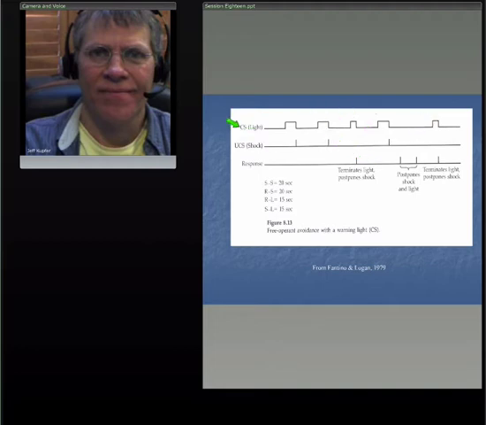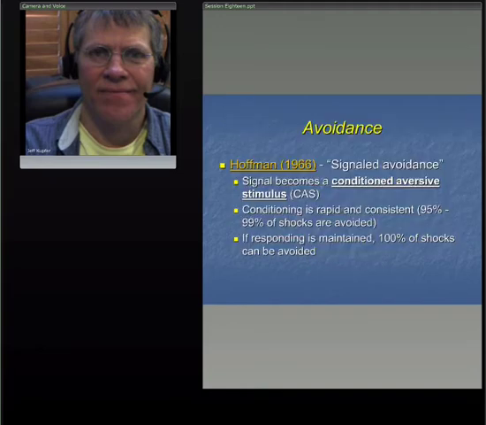So let's go back and describe again. The signal, the light, becomes a conditioned aversive stimulus, and in this particular pairing arrangement, conditioning is usually rapid and consistent, and usually 95 to 99% of the shocks are usually avoided. Rats pick up and do this pretty well, and they learn it pretty quickly. However, note here, and this is going to be very important because this is on your exam, in this paradigm,